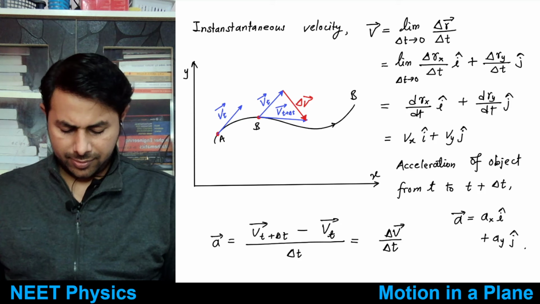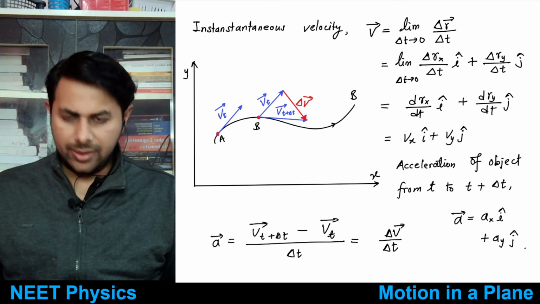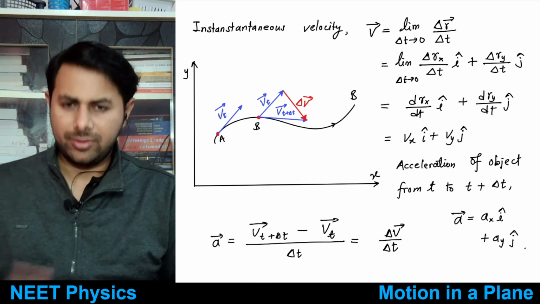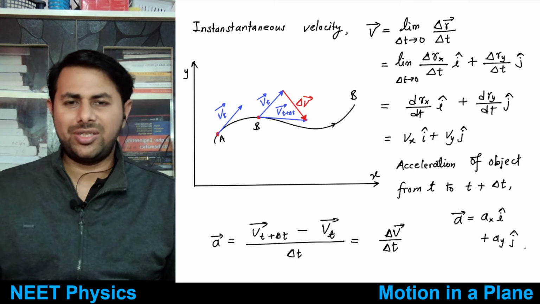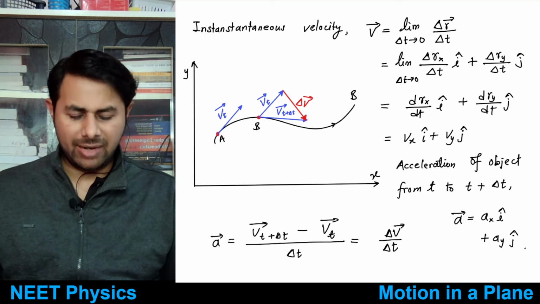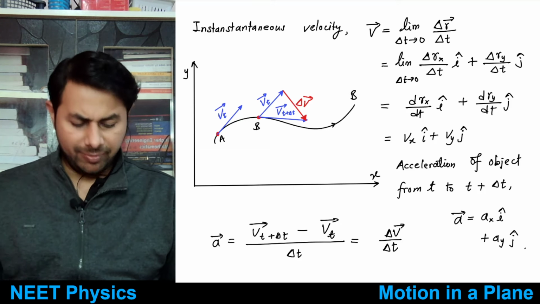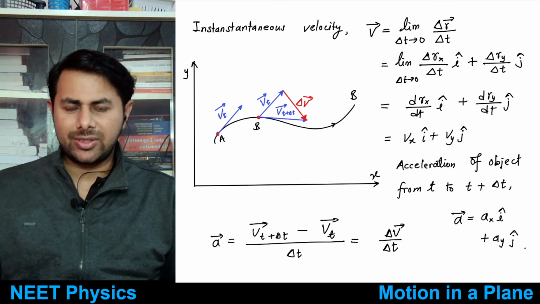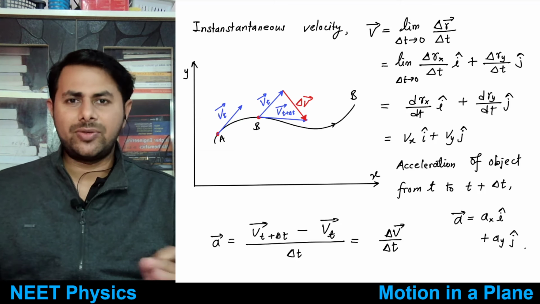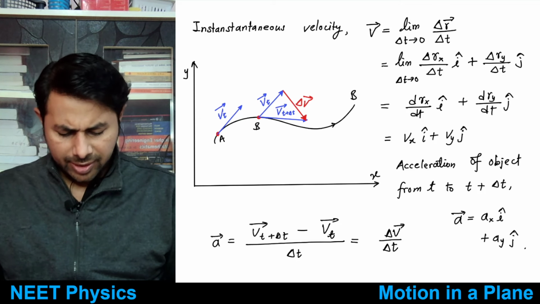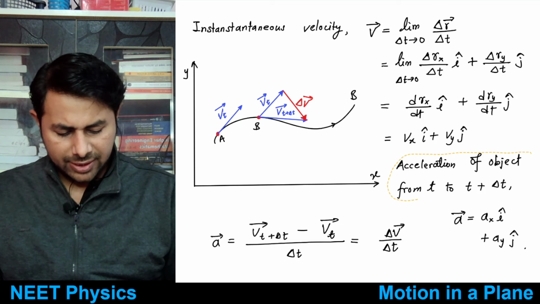Okay, right. So this is just an extension of the earlier topic that we saw, that is, motion in a straight line. When we want average velocity, we just take what? The total displacement divided by time. When we want instantaneous velocity, what do we need to do? We need to take the derivative. Okay, all right. So then similarly we can find out the acceleration